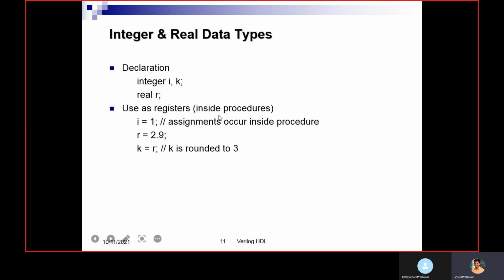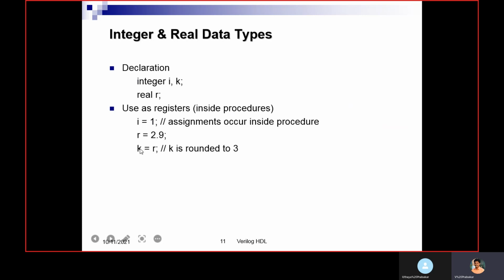Inside the procedural block, in the sense inside the initial or always block, you need to assign the values to the variables: I equal to 1. You can assign like this: R equal to 2.9. So it is real, so you can assign fractional, that is floating values.